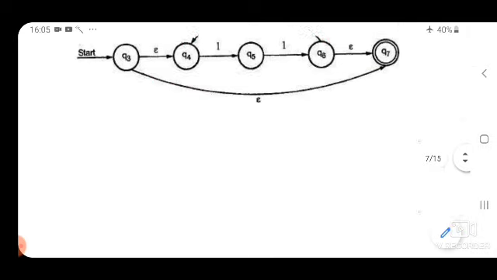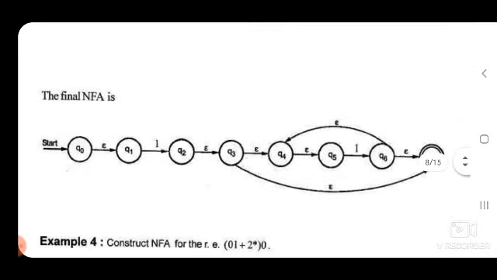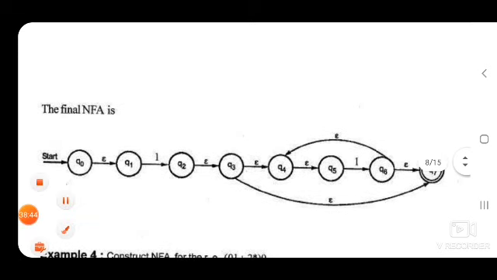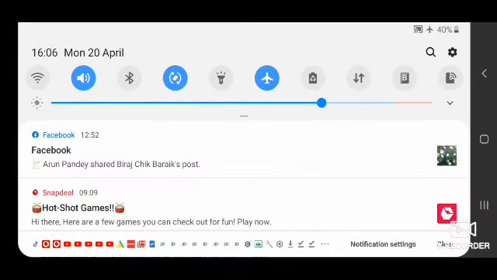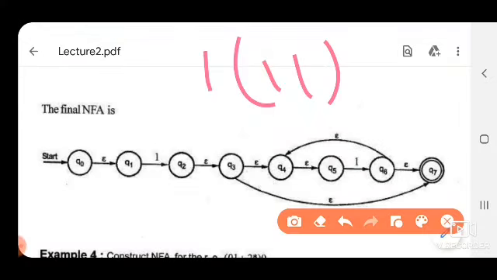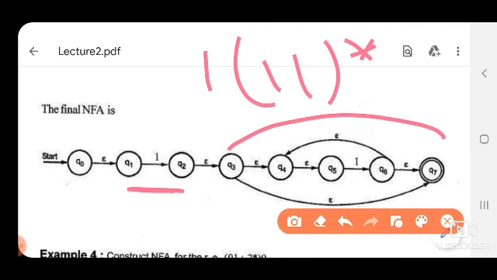Let us see. We have to draw an FA for 1 1 asterisk. So, this is for 1 and this whole figure is for 1 1 asterisk. So, we have to draw the figure for 1 dot 1 1 asterisk.